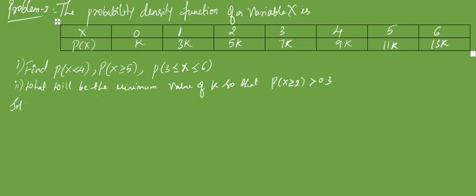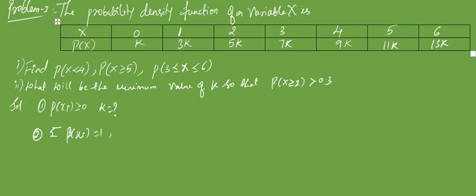The first and foremost condition for a probability is that p of xi has to be greater than 0. Yes, all the values of p of xi will be greater than 0 provided we know the value of k. So go to the second condition directly. The second condition is that the summation of p of xi needs to be equal to 1.